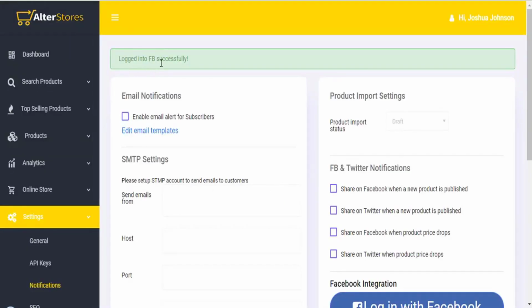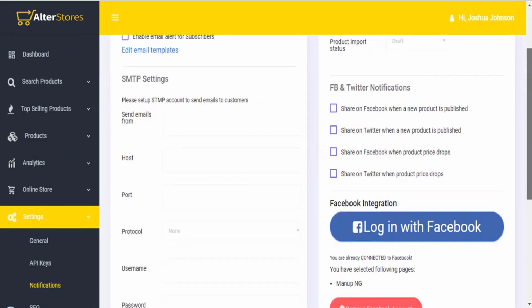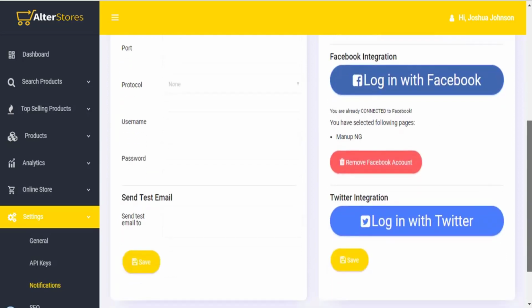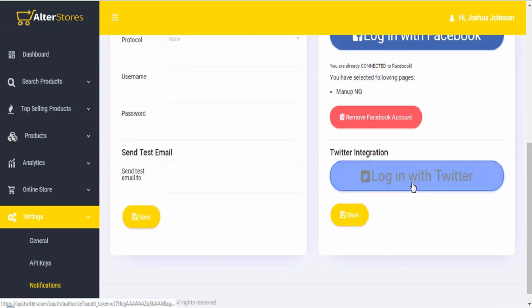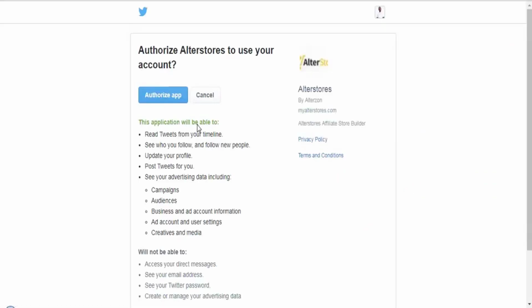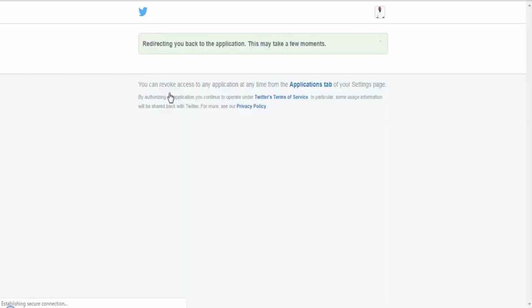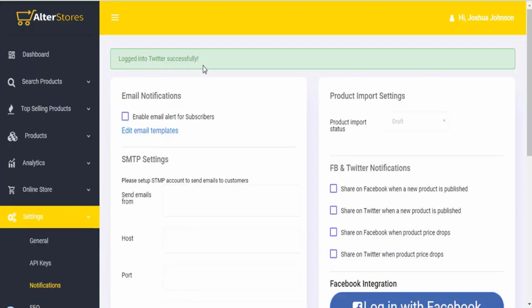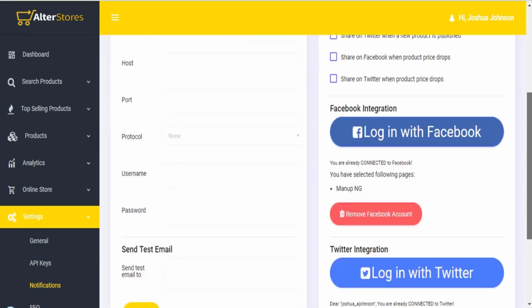So right here you got a notification: logged into FB successfully, and if you scroll down here, you could see this is the page already connected to your Facebook. You could also do the same with your Twitter. You need to log into Twitter as well. On Twitter, you also need to authorize the app. Once you authorize the app, it redirects. So once you are logged into Twitter successfully, and you scroll down here, you notice that